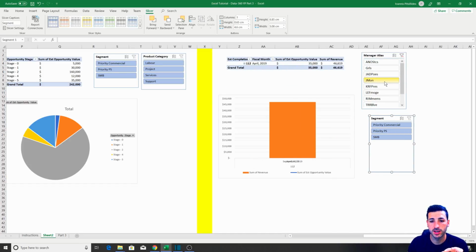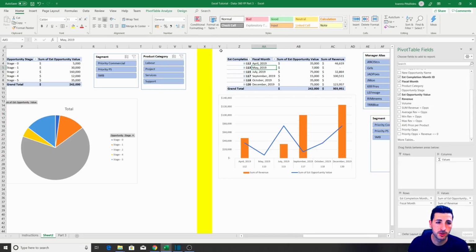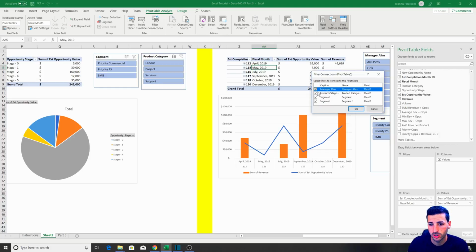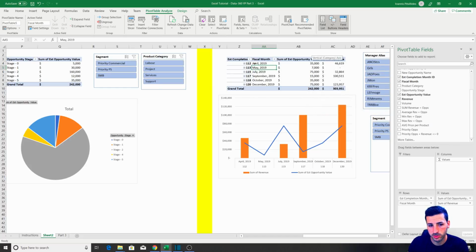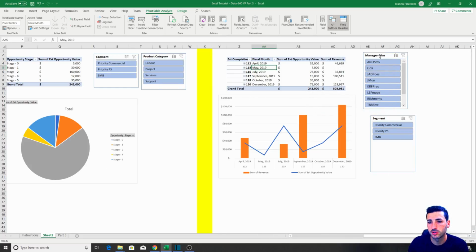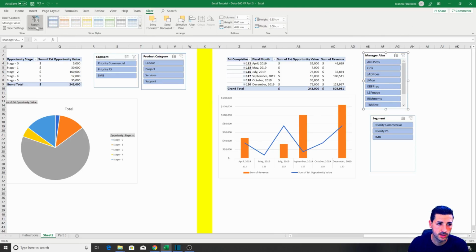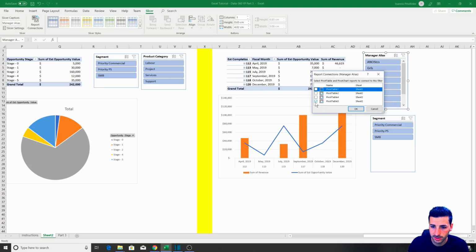If you want to keep the same data set but not connect the pivot tables together, you can click on the pivot table, go to pivot table analyze, and where it says filter connections, each pivot table has a name, so I can remove all these connections and this pivot table is going to stand alone. I don't want to do that for now because I want them to be connected. I can either do it from the slicer perspective. So I can click on the slicer, go to slicer, report connections, and select the pivot tables that I want this slicer to be connected to.